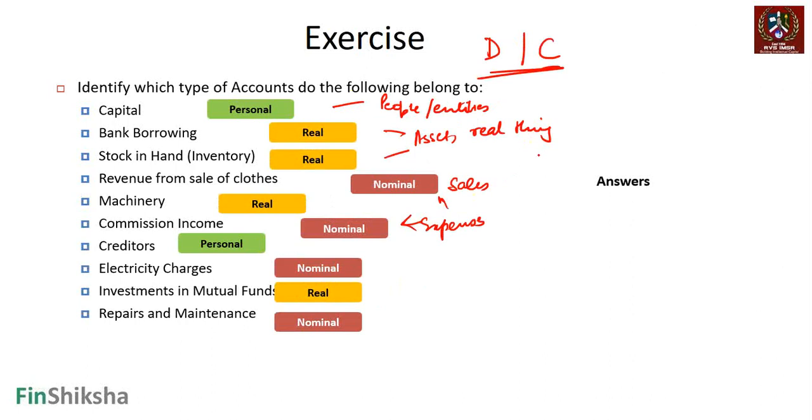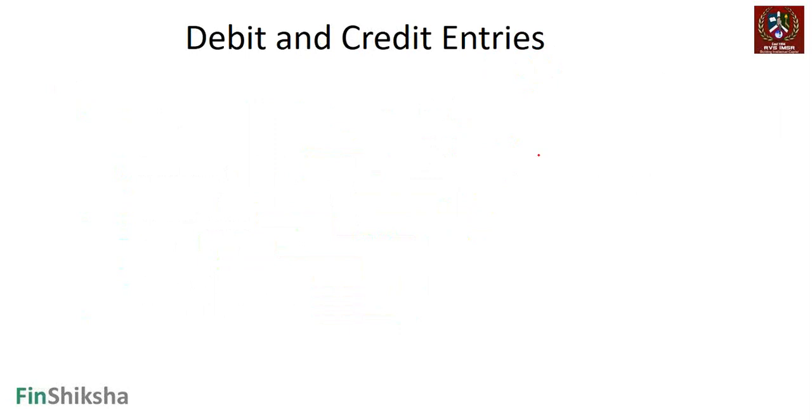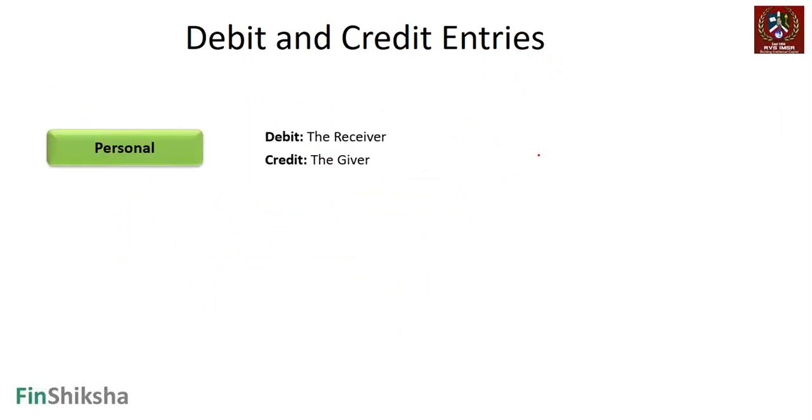Instead of looking at what we saw on the asset side, where an increase in assets is a debit, we can also try to understand it from the perspective of whether it's a personal account, a real account, or a nominal account, right? So the debit and credit rule for a personal account is debit the receiver, credit the giver. The person who's giving the money will come in on the credit side. So that's your giver and this is your receiver. Whenever there is a personal account, whoever receives the money will be debited, whoever gives the money is